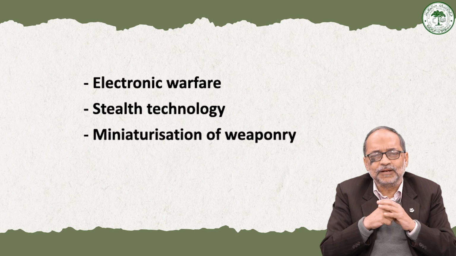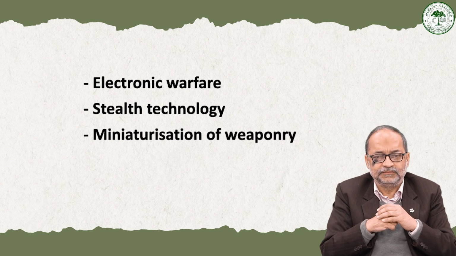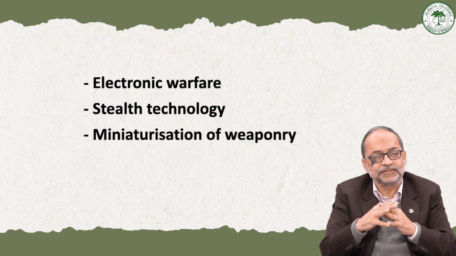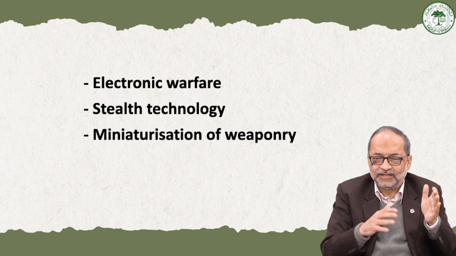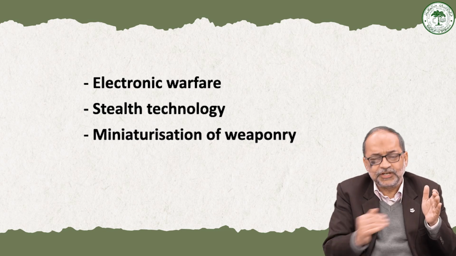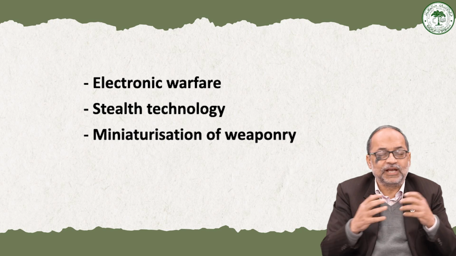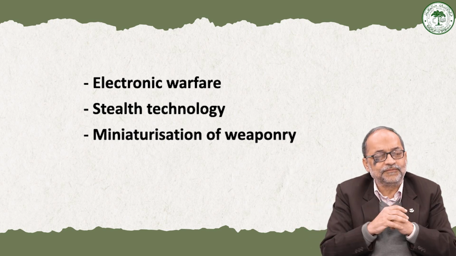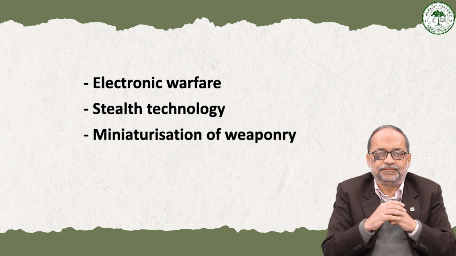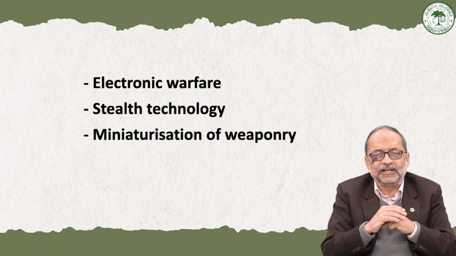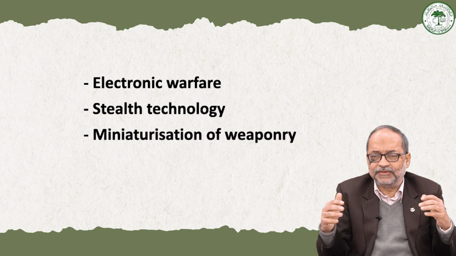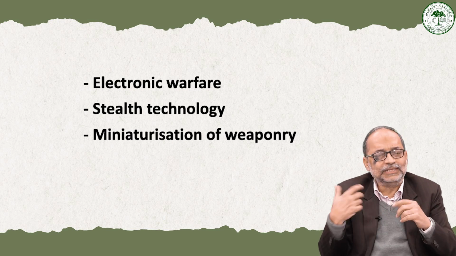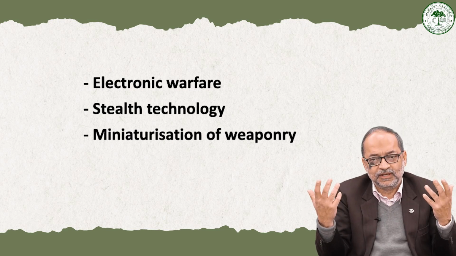So when it is being done by countries which are actually using these kinds of weapons, they are very happy at that. But when the same treatment is meted out to them in return, they are at a distinct disadvantage. For example, in the war in Afghanistan, the Taliban and the rebels there were given these Stinger missiles by the Americans to fight the Soviets.